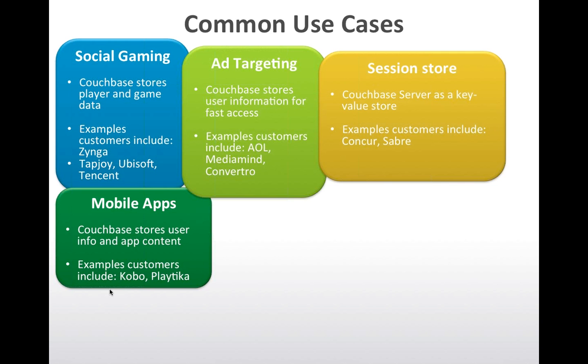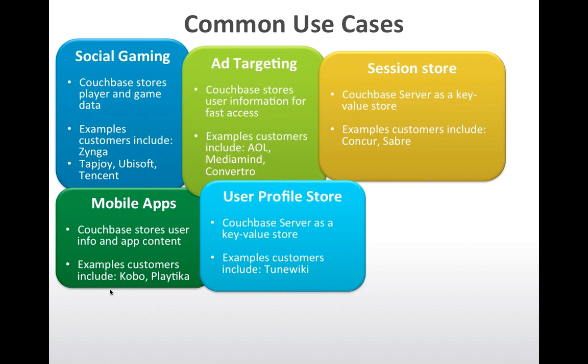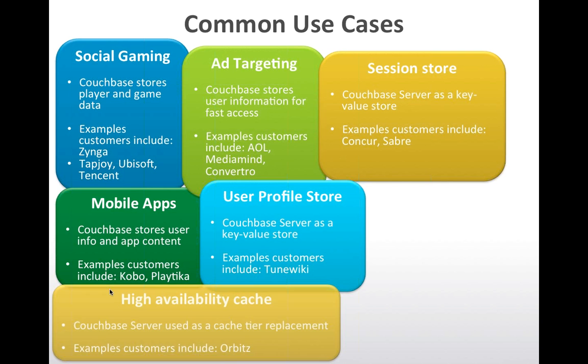Session store, less than a database, but more a simple key-value store that scales. User profile, so you can store complex information about a user using a simple key but a complex JSON document, and you can add metadata to the user. You start, for example, with a simple username and email. Later, marketing wants more information about the social networks of this user, so you add the Facebook ID, Twitter ID, and more data. So different profiles, but you also want that to be very fast in access and flexible for the developer. A cache at the top of your database or existing application.